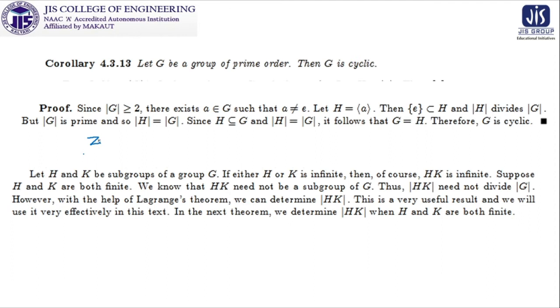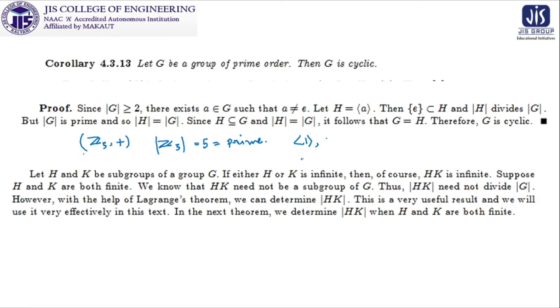that when in the last class I mentioned Z5 under addition, I think it is very much clear that Z5 has order 5, which is nothing but prime, and we have already established in the last class that it is also a cyclic group with various generators. 1 is one of them, obviously, 2 is one of them, 3 also, and 4. All of them except the 0 class are the generators.